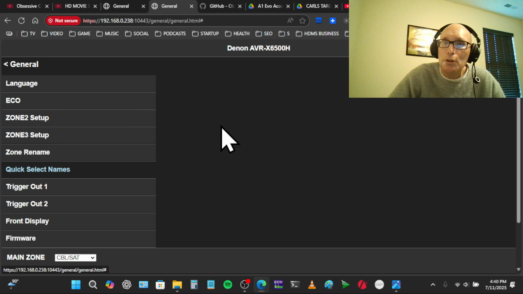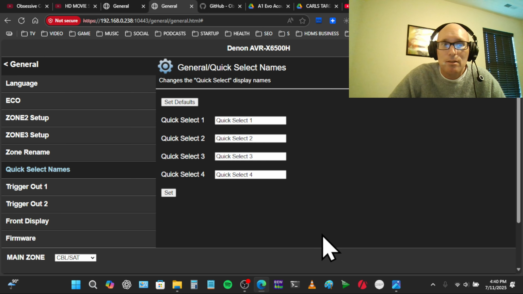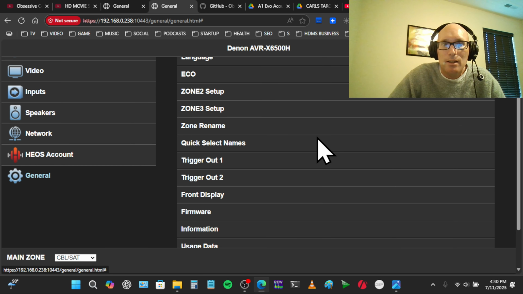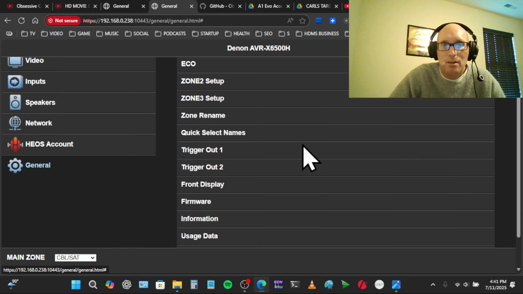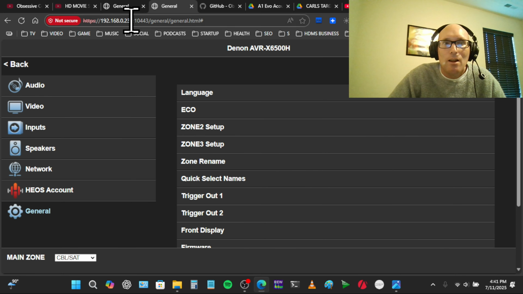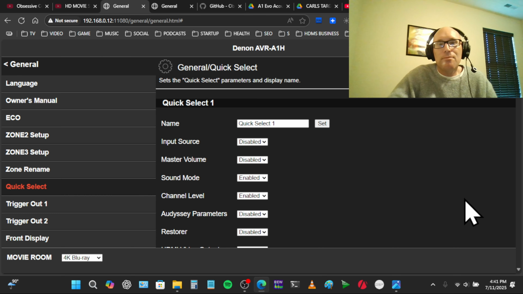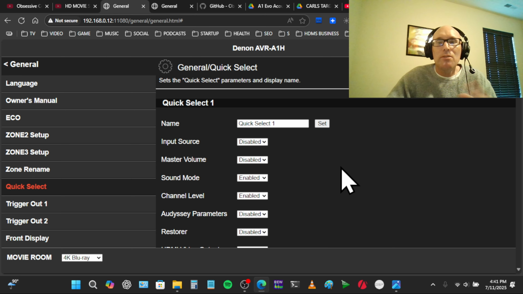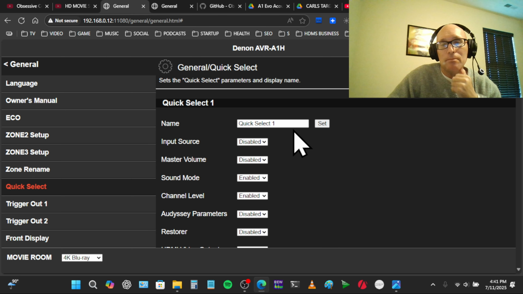You can rename the quick selects, but that's it. You don't have access to anything else. You can't actually customize the quick selects. And because I've been so used to the X6500H, I kind of glazed over this when I first had